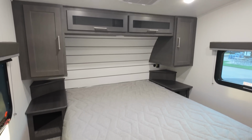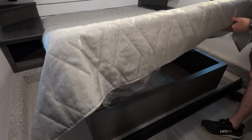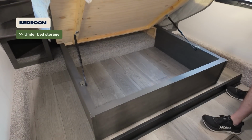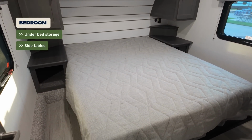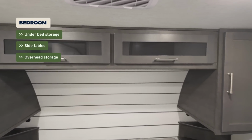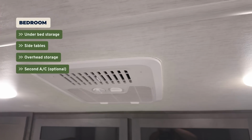Now, the bedroom is in the front cap of this fifth wheel. Still, I gotta tell you, the headroom, it's not that bad. And this queen bed includes some storage underneath with supporting arms, so you don't have to hold it up. You've got well-designed side tables, storage above with matching half wardrobe cabinets on either side of the bed, which, not too bad again. Plus, you've got a spot to add an optional second AC if you don't already have one